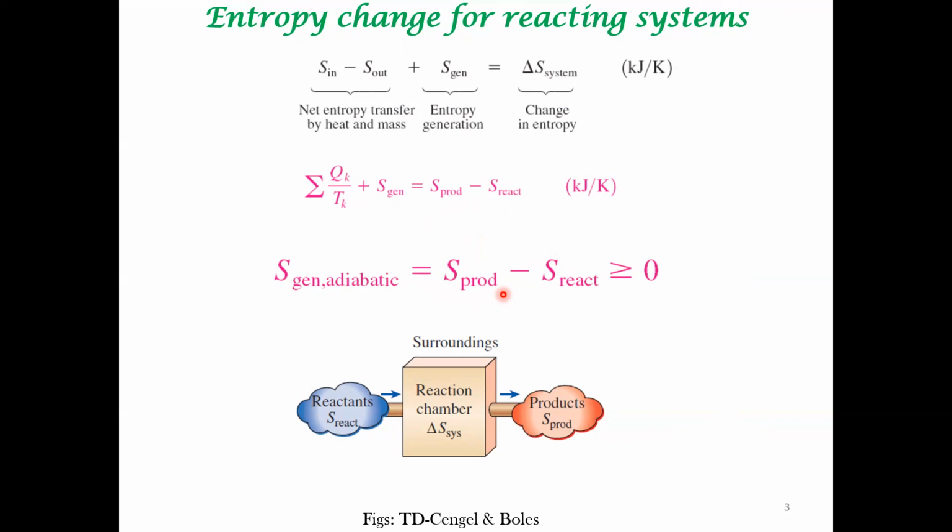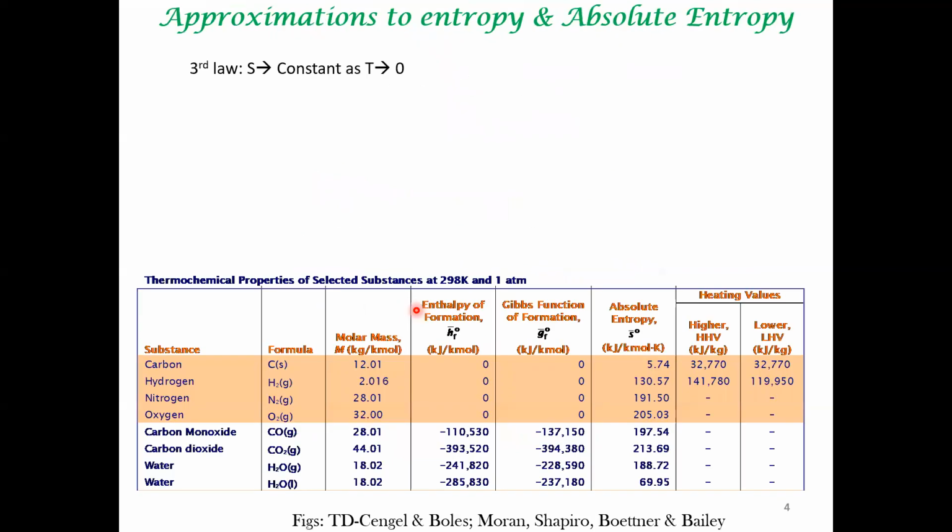So at equilibrium, delta S is 0, but the general condition is delta S greater than or equal to 0. Here, the delta S arises because of a chemical reaction. So this is the extremal form of the second law of thermodynamics for a chemically reacting system. So how do you implement all these things in practice?